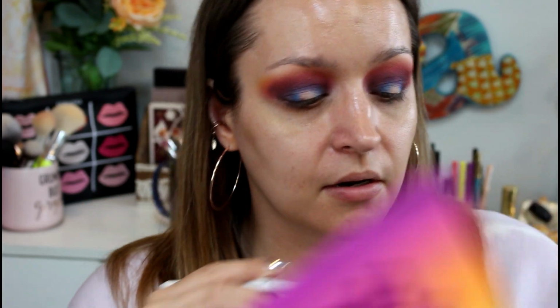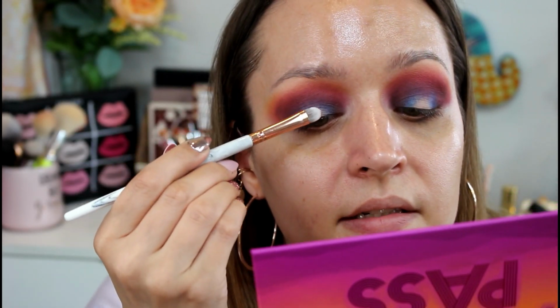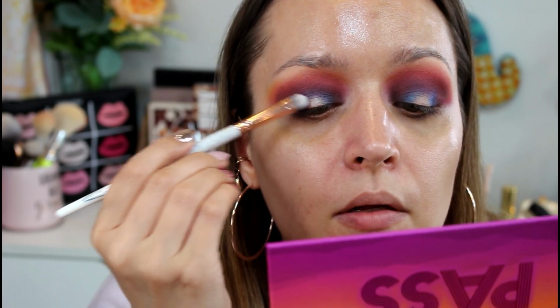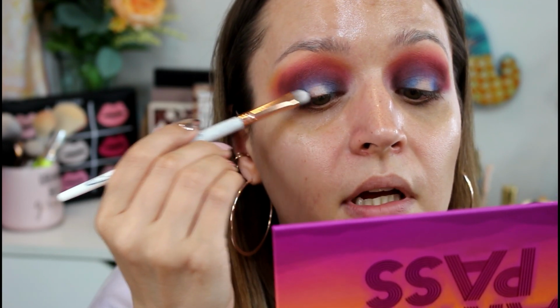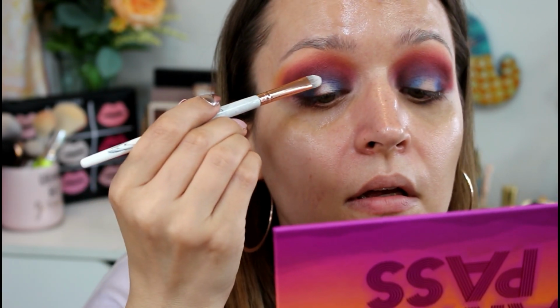Okay, the next step is going to be a 3-step process. Taking my glitter glue, this one is the BH Cosmetics Base Booster, and I like to put it on the back of my hand. This stuff is super, super sticky, so this is more than enough for both eyes. And then I'm taking a very stiff synthetic brush. I'm going to grab enough where it's like a layer on there, but not goopy at all. And I'm just going to tap that right in the middle, just barely into that blue. And you want to do one eye at a time because it will